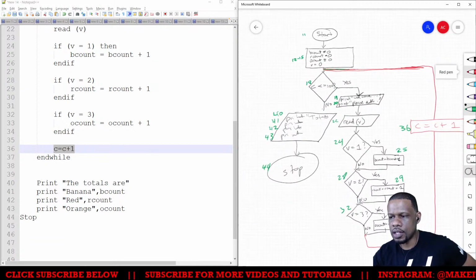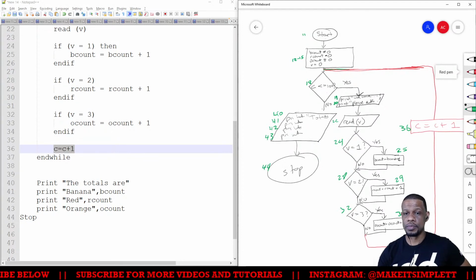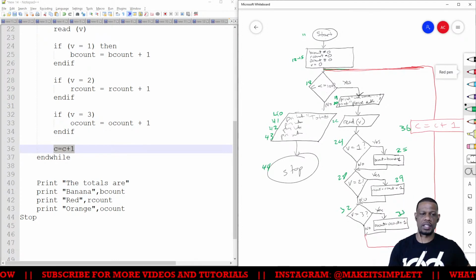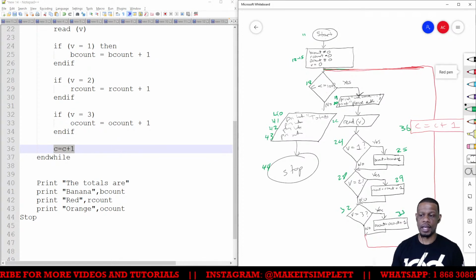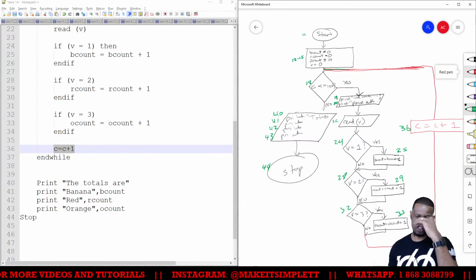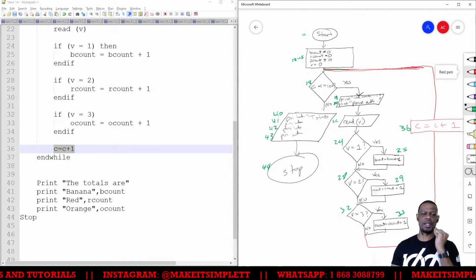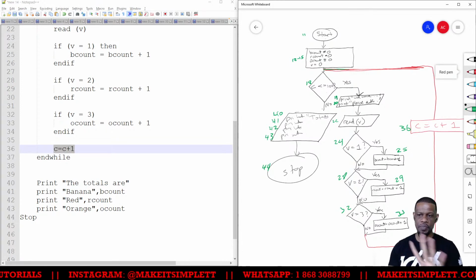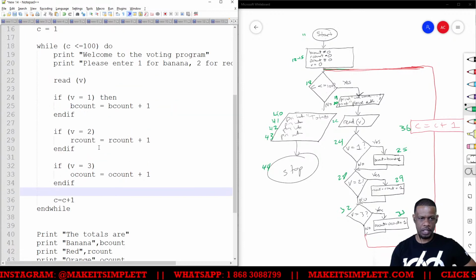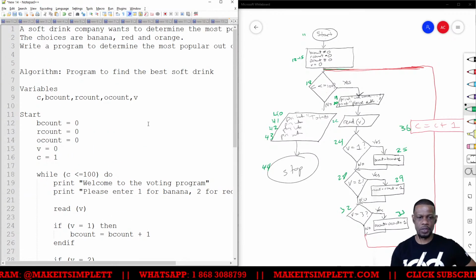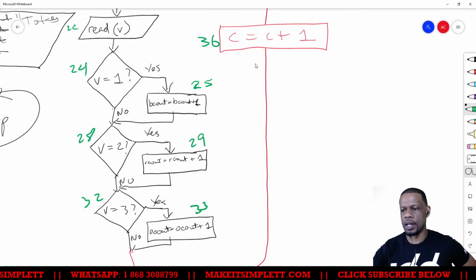Now, as you can see, it took a little longer to do that than to actually write the algorithm. So if you understand how to do the algorithm, cool, no problem. But if you don't understand how to do the algorithm and you just get thrown straight into a flowchart, you're most likely going to have to do the algorithm first before you could actually do the flowchart. So if your teacher gives you the opportunity to do the algorithm or the flowchart, I suggest you just do the algorithm, because that's just to type out this code here, logic. Because to get the flowchart done, you have to do the algorithm anyhow. So let me just zoom in on it so you can see it a little bigger.